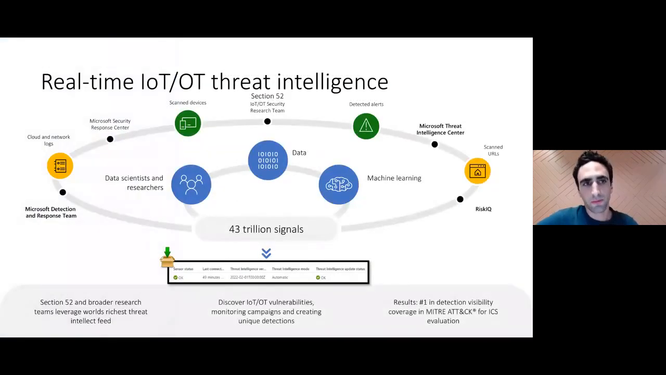Now, if we discuss the threat intelligence part, Microsoft is constantly collecting and building a threat intelligence package, a threat intelligence database. It's not one data point, it's trillions of signals collected daily. Microsoft collects these security signals from Office, from Windows, from Defender for Endpoint, from Defender for Cloud. We at the Defender for IoT have a research team called Section 52 that is doing dedicated IoT and OT security research. And all of this together allows us to offer our customers a real-time IoT and OT threat intelligence package